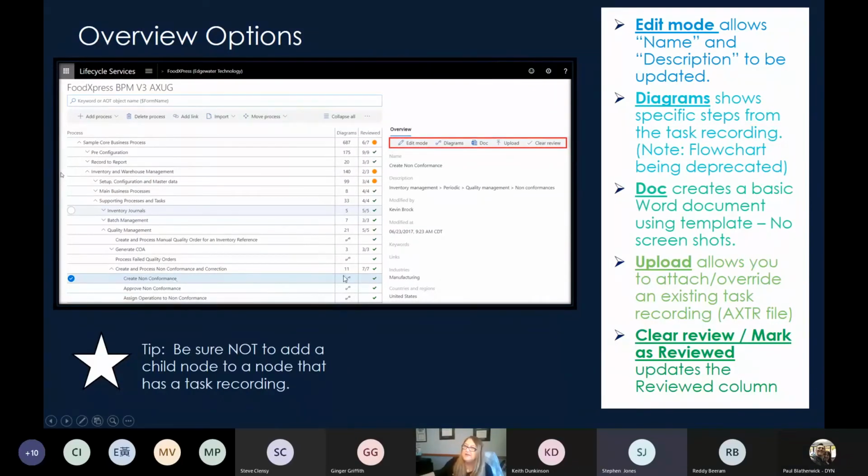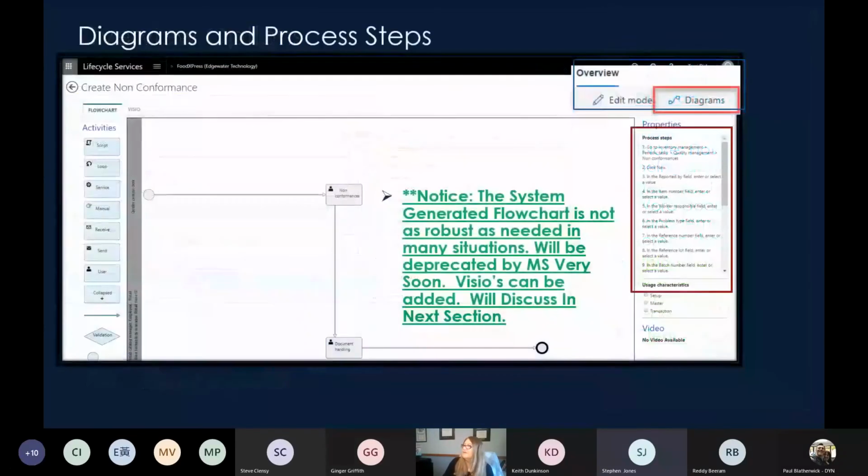It messes up your count, so the system will count it as valid, it knows that there is a recording there, but you won't be able to clearly see where it is, and you won't be able to play it as a task guide within D365. This is just showing you the process steps. So if you click that diagram option here,